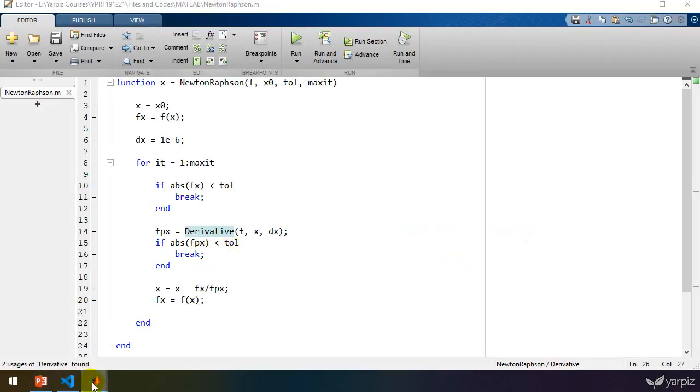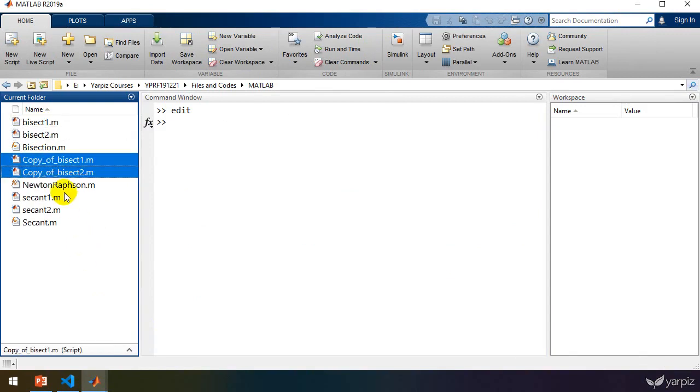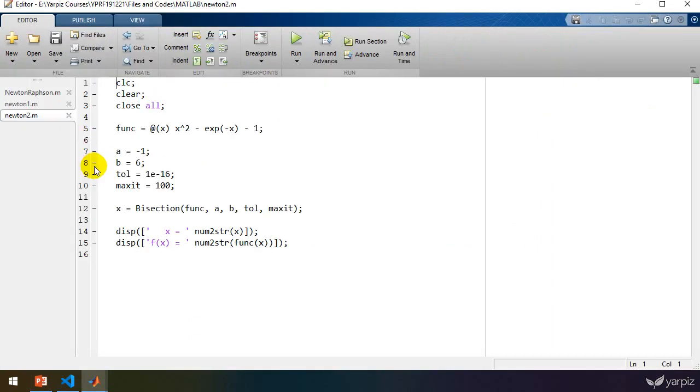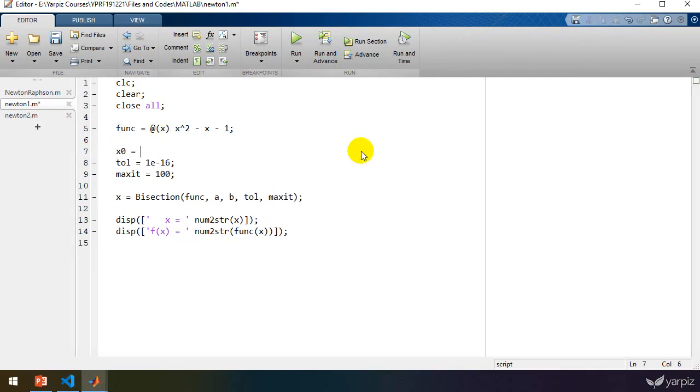But let's copy, for example, these two functions, and I'm going to rename them to Newton1 and also Newton2. And okay, let's open these. This is the first equation we have here. We have x0 as 2, and I'm going to use